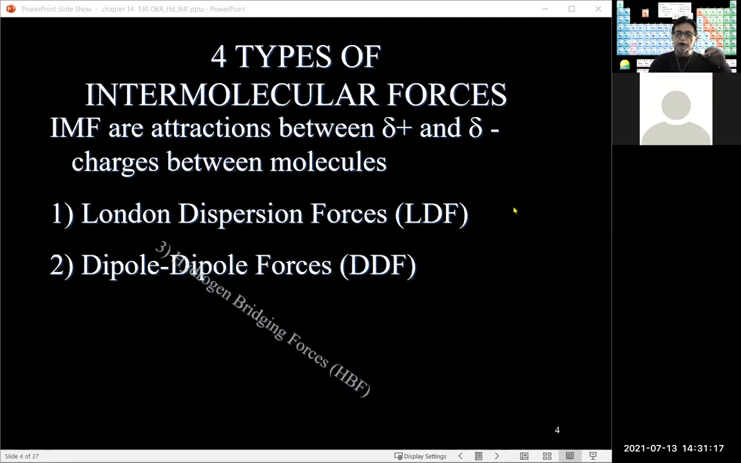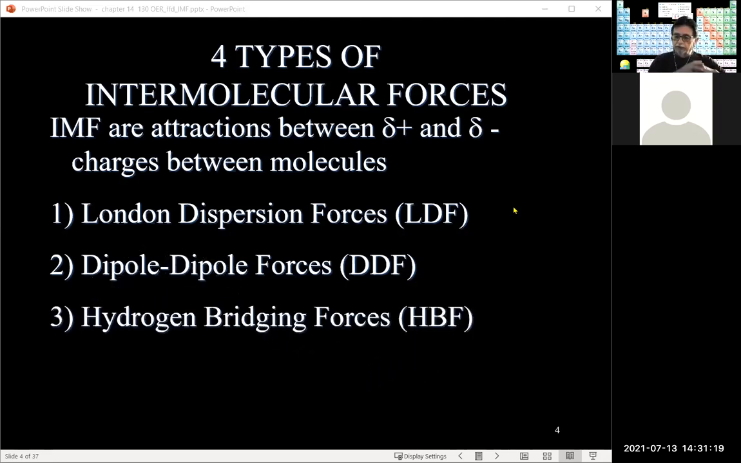Now there's a special kind of dipole-dipole force, and we call that hydrogen bridging. You might see the name hydrogen bonding, but it's not a true bond. It's an interaction. It's really a force between them. Now, these are only special, though they do have a dipole-dipole. They're special in that it only applies for those hydrogens, hence the term hydrogen, that are bonded to nitrogen, oxygen, or